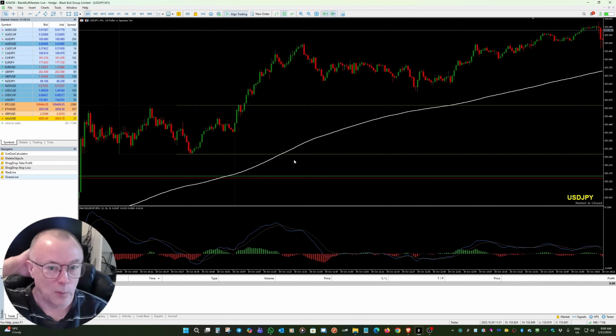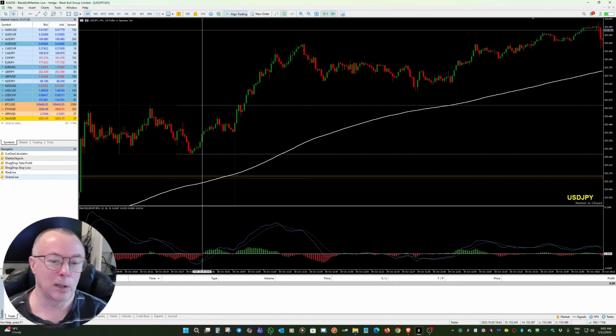The rules are simple for entry on this one. We are looking for the price to be above the 200 moving average, which it is in this example. And we're looking for the MACD to be below the 0 line, and for the MACD line to cross up over the signal line. And on the histogram, the easy way to see the actual crossover point is when the